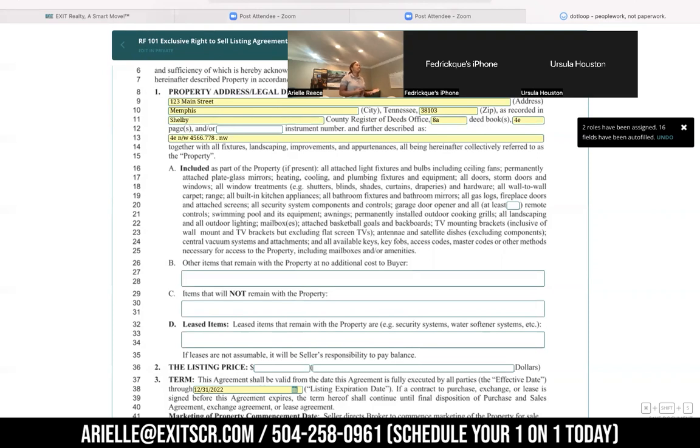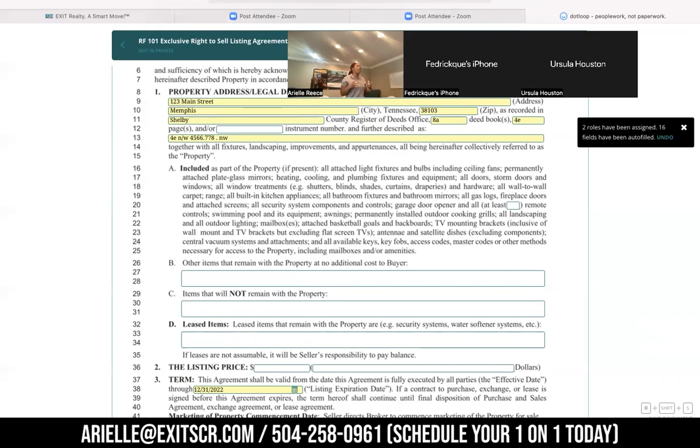Sometimes the commissions update the verbiage, but it's always important for you to know those contracts like the back of your hand. And so if you've never taken the time to read it, I'm going to read it for you. All right. So after we put all of the property address and the legal description and all that information in, it goes on to say